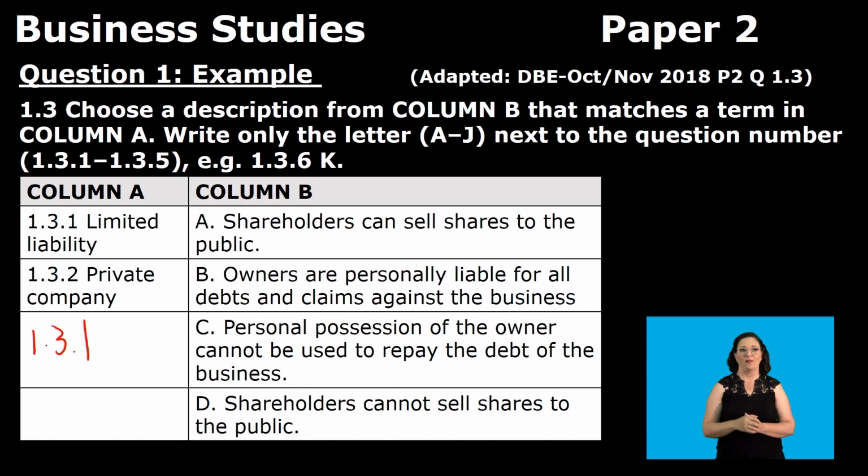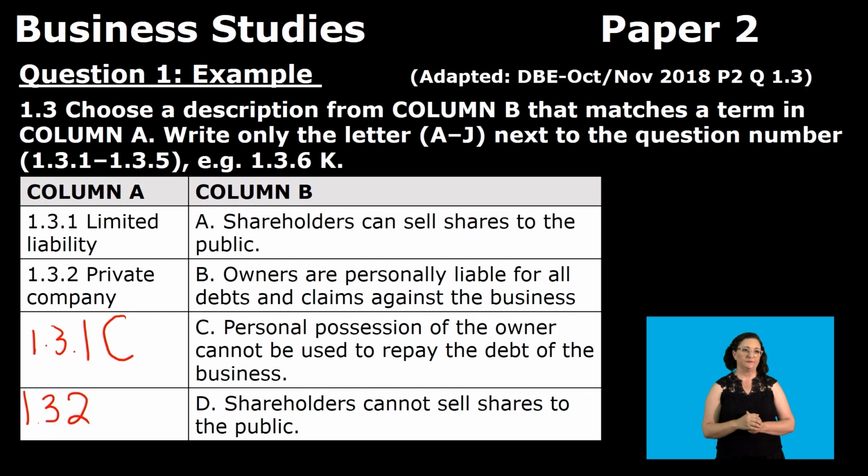1.3.1, limited liability. So remember this, we find this in the forms of ownership. So what does limited liability mean? Does it mean shareholders can sell shares to the public? Owners are personally liable for all the debts and claims against the business. Personal possessions of the owner cannot be used to repay the debt of the business, or shareholders cannot sell shares to the public. So you look, and then by just looking here, which one is the right answer? All right, so if you feel that the correct answer is C, like it is, you write C next to the question number. We're moving on,